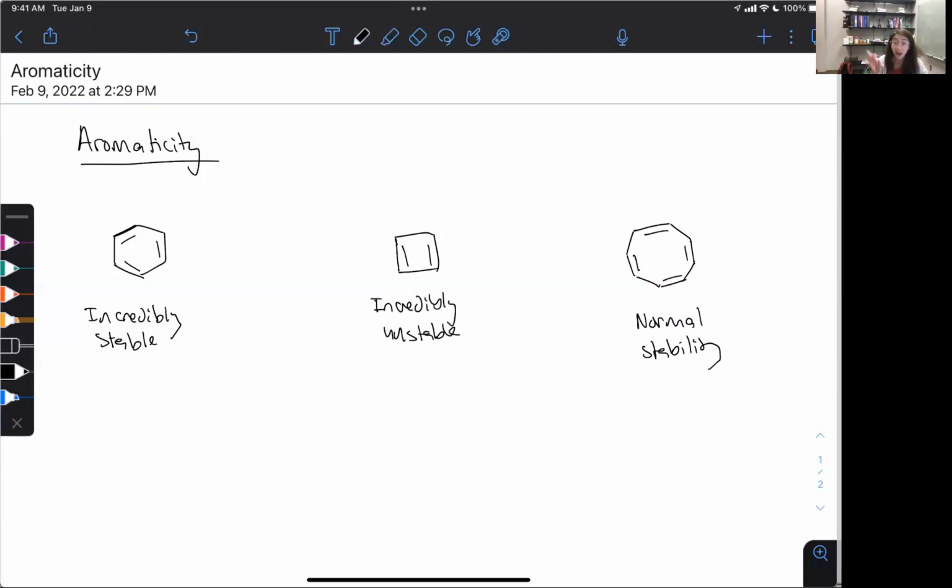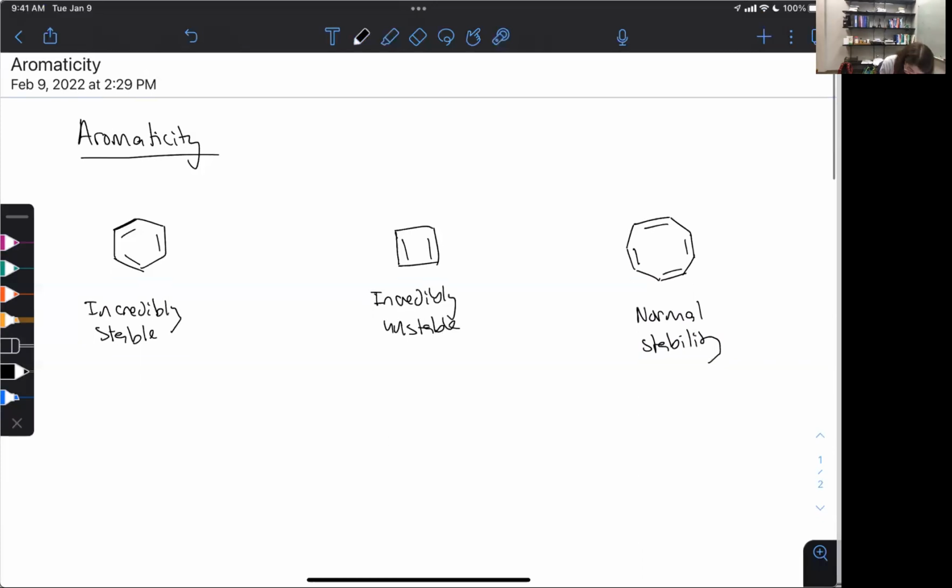To the point that the alkenes that are in it are just going to behave like normal alkenes in any reaction that you would run on an alkene. They could do addition reactions, they can do all of that stuff. So what's really the difference between these three that gives us those very different energy levels? Okay, so benzene is aromatic. Okay, so that aromaticity gives it incredibly low energy.